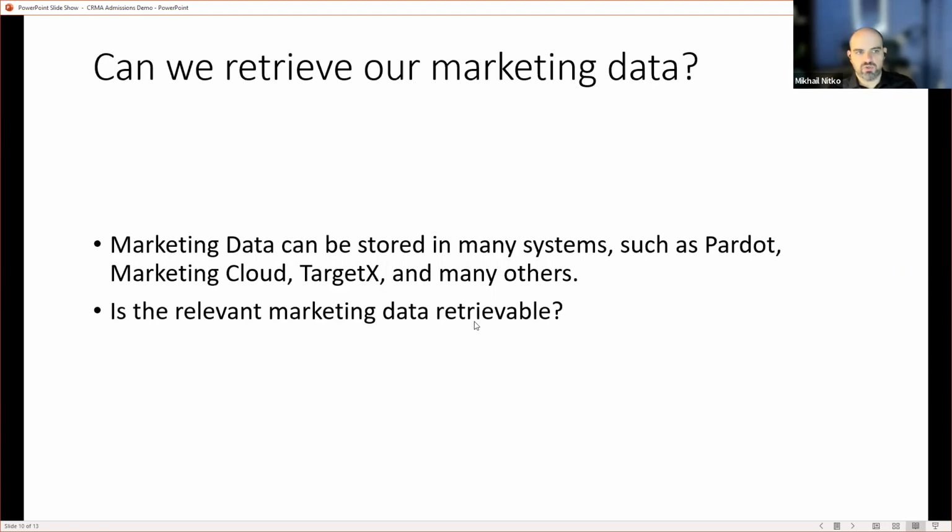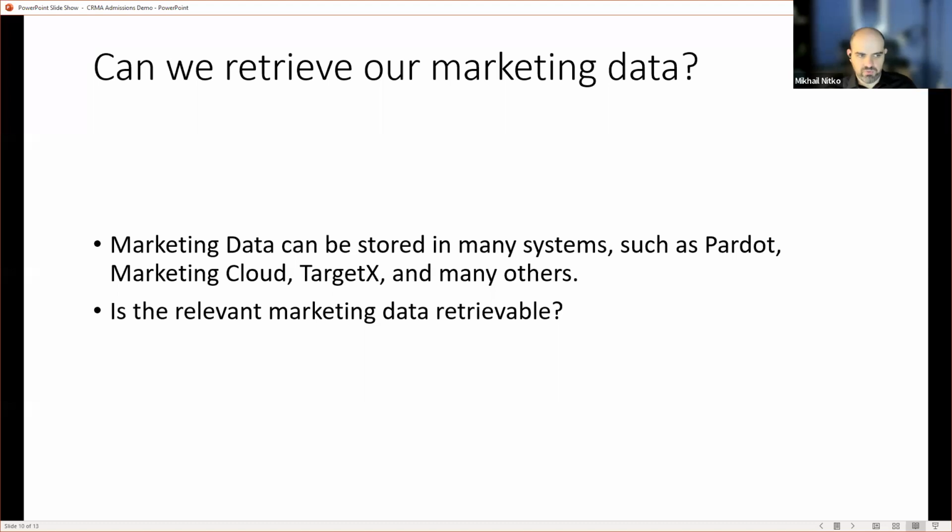Next question is, can we retrieve our marketing data, which is what I brought up earlier. In higher ed, we use systems such as Pardot and Marketing Cloud, which are used more broadly by everyone else, and TargetX, which is kind of higher ed specific, and many others. And is the relevant marketing data retrievable?